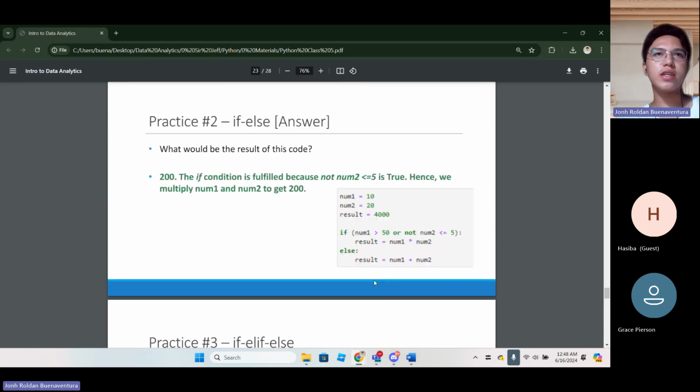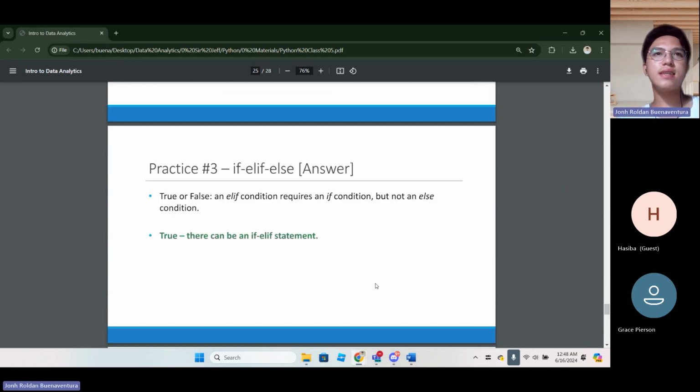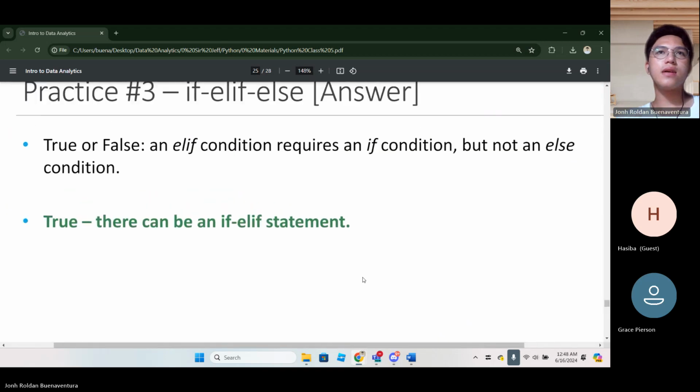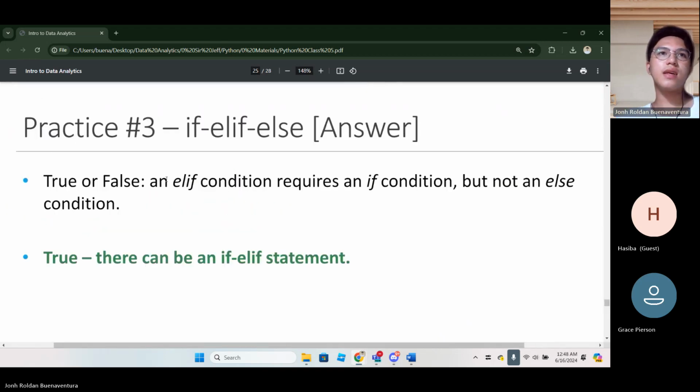There is a part here, this part: an elif condition requires an if but not an else condition. So a conditional statement is a whole even if you don't have an else.